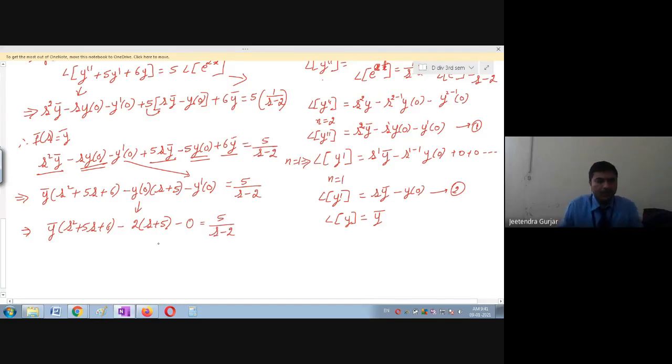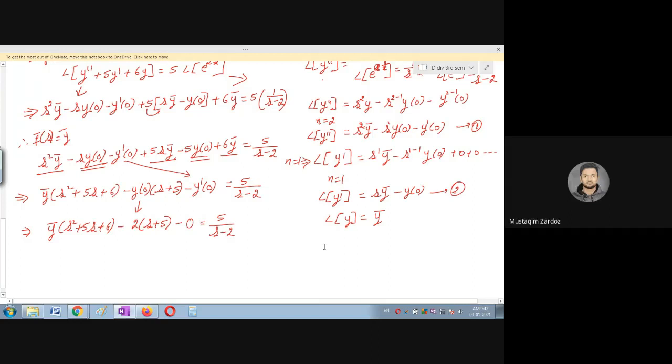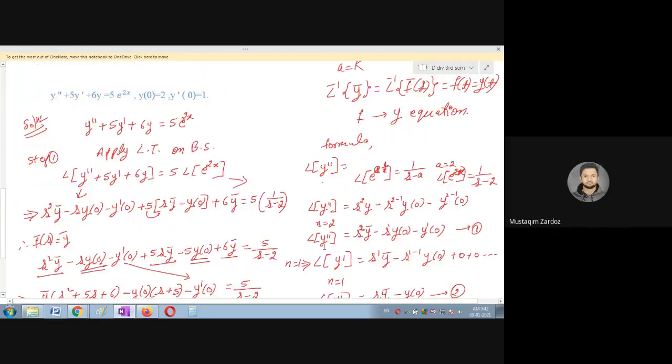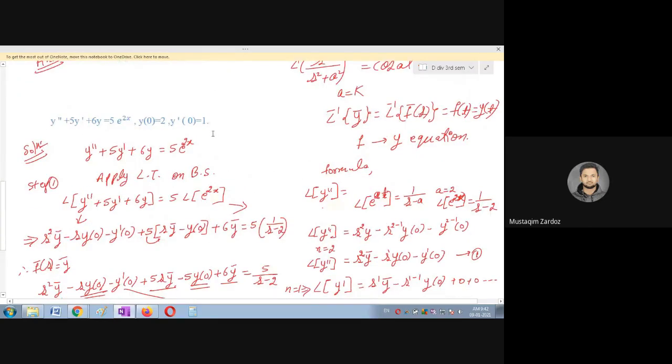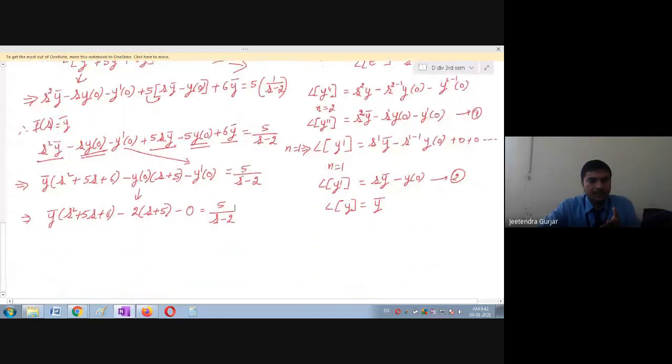Okay. Now I want y dash. So how we will simplify this? Just see. So I will take this value. Excuse me, sir. Yes, beta. Please ask me the question. Sir, is y dash of 0 taken as 1? So y dash of 0 is taken as 1. See, y dash of 0 is 1. So don't get confused.